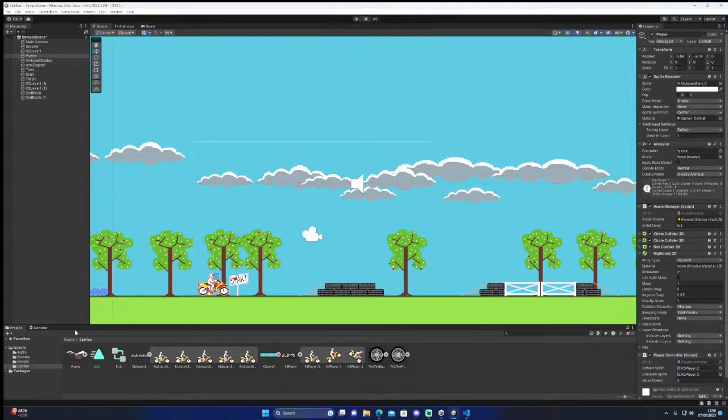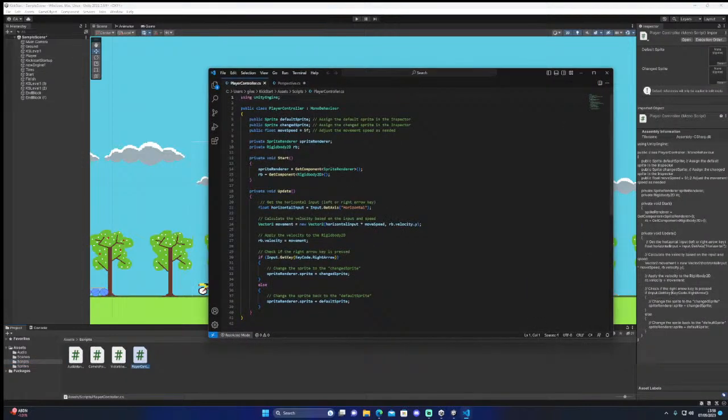Am I having a conflict? Assign the default sprite, public sprite. Get horizontal input, get axis horizontal.